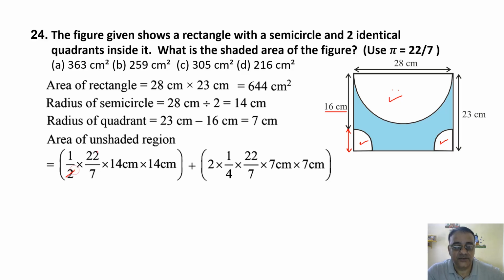Okay. तो यहाँ पे देखो हम लोग कैंसिल कर रहे हैं 14 को 7 से 2. So we are getting 22 into 14 here. So ये भी कैंसिल करेंगे हम लोग. 22 को 2 से कैंसिल कर रहे हैं और एक 7 कैंसिल हो जाएगा and we are getting 77. ठीक है, यहाँ पे 77 आ रहा है और यहाँ पे 22 into 14, right? So 308 plus 77, 385 सेंटीमीटर स्क्वायर.